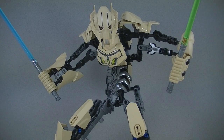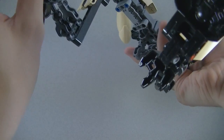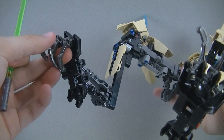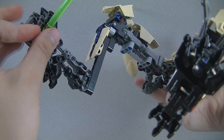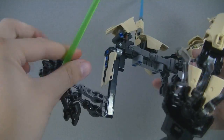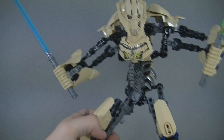It's just two lightsabers, and you can take these. Actually, let me see if he can hold one of these with his foot. Maybe. Hold on. This seems promising. Alright, the third toe is probably gonna need to come up here. Very close. It's very close to it. Maybe I can actually do this. Hold on. I know I didn't say I was going to do this, but you can actually kind of...